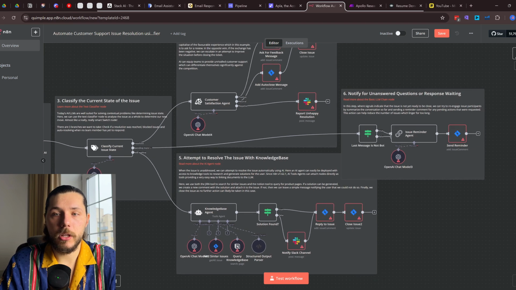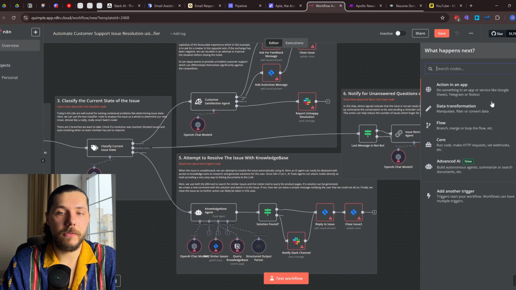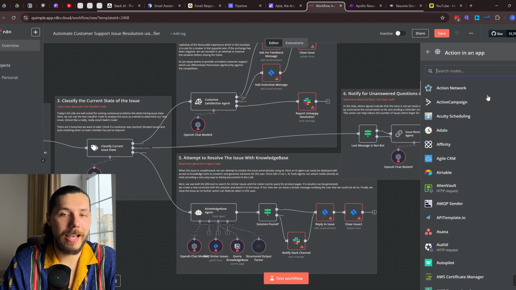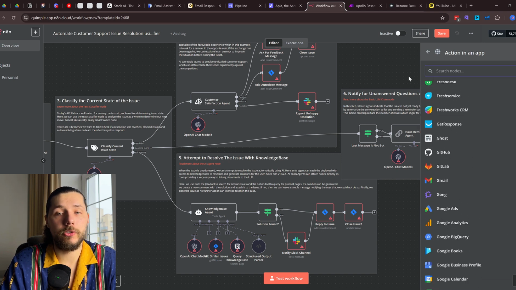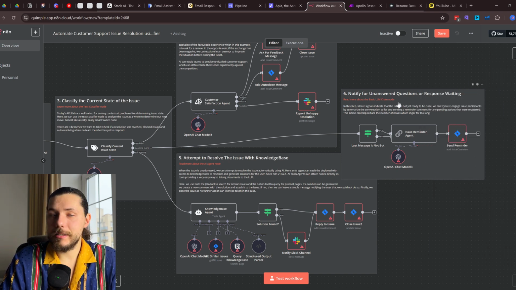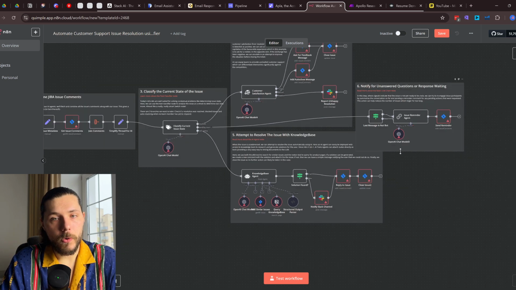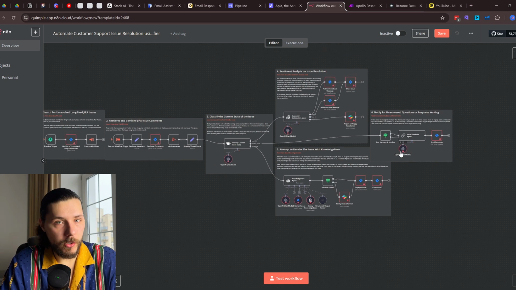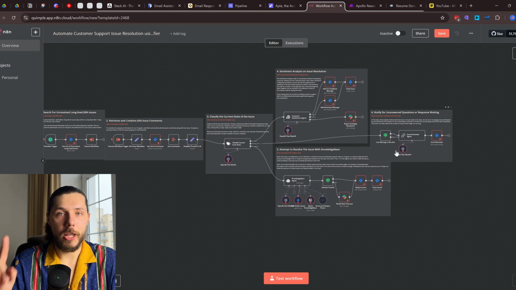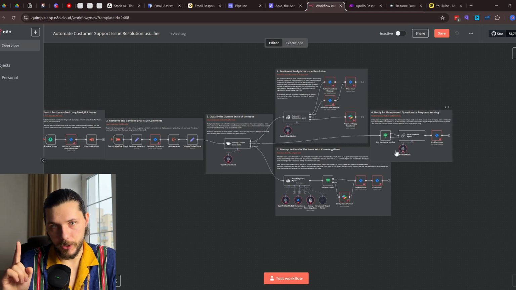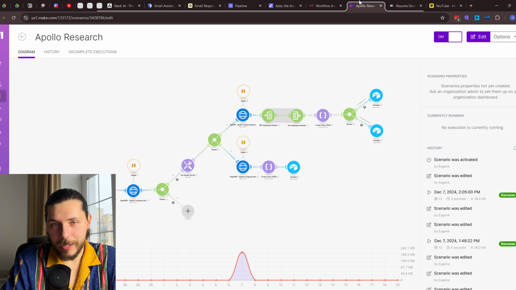You can self-host it. You do have a lot of different tools and actions that you can use by default. So this is an awesome tool. I do recommend it, but only if you are that type of person,